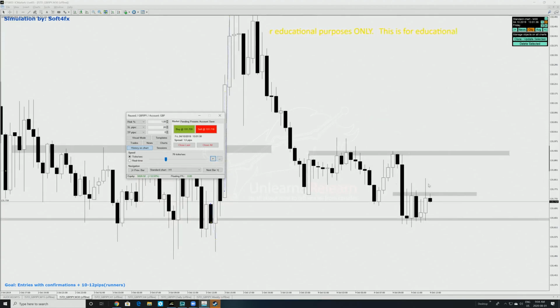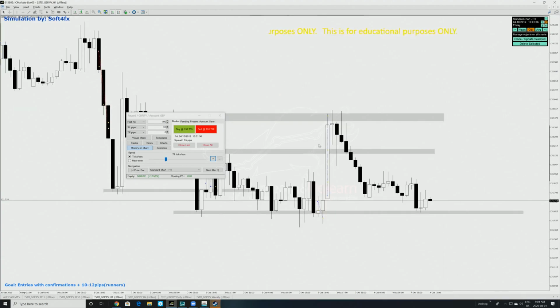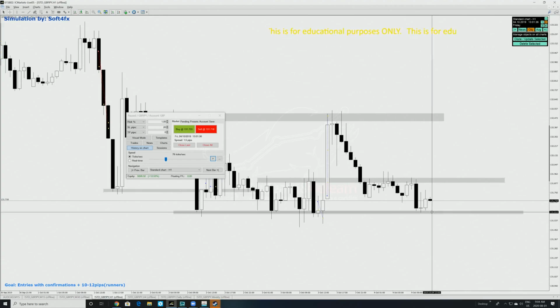Price is ranging. If we get a break above, then obviously we're going to continue moving up. Very, very easy trade. Now, this is a 16 pip range. It's not enough, so we want to break above this area for a bigger range, probably go up there, but yeah, let's see what happens. Let's bring this down over here. And if we do break below,